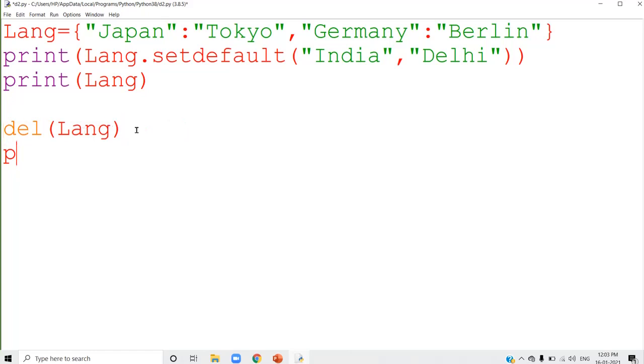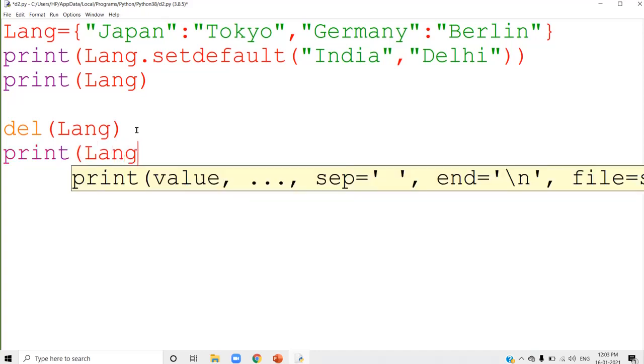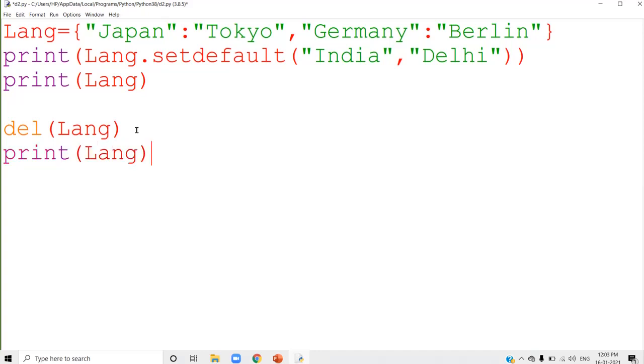If you try to display Lang after that, now you understood, del will remove the complete dictionary. It is not empty, the dictionary is completely removed. And if you try to display Lang again, it will show the error message because the dictionary does not exist. Now run this program.